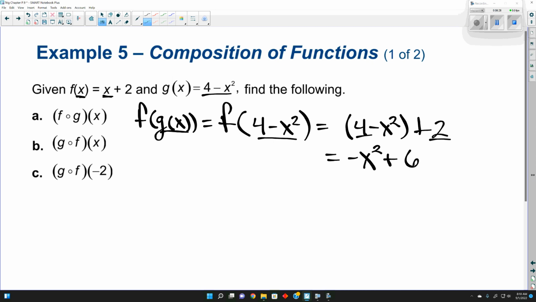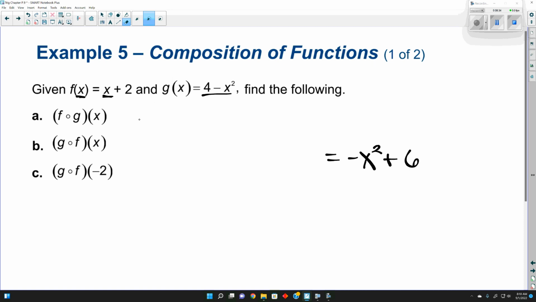Questions on this here? I don't know why I didn't group those two, but